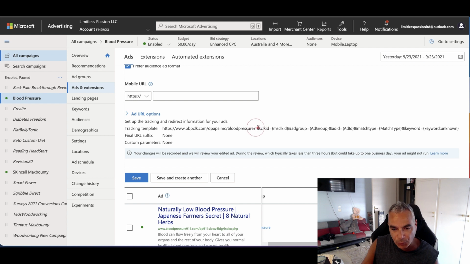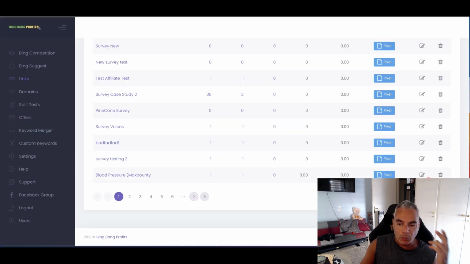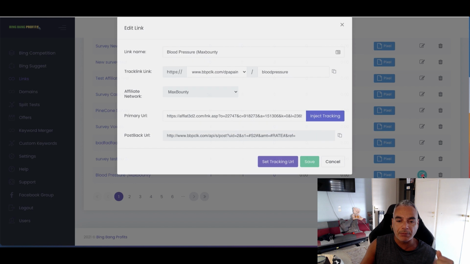Now you can see that with this come all the little tokens that you don't need to know about. You don't need to learn them. You don't need to put them in yourselves. You're good to go. So it's going to be able to find the match type and the keyword when it converts for you. Now, we're not done yet, because when we're working with, for example, Maxbounty, they give you a postback URL pixel area